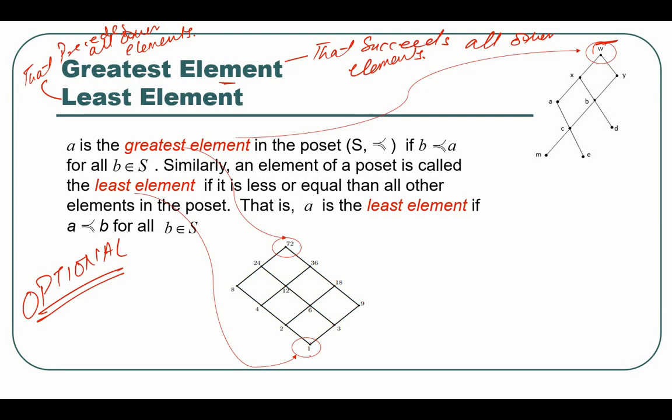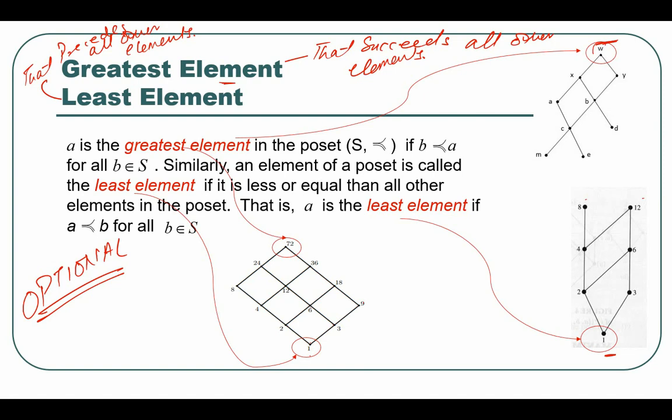A simple thumb rule is, if you have multiple minimal elements, you will not have a least element. Similarly, let's see this case. Here, I can very well see that I have a least element, but out of these two, I cannot say which one is the greatest element. Why? Because I have multiple maximal elements. So, again the thumb rule becomes, if you have multiple maximal elements, you do not have a greatest element. One will be the least element, but I don't have a greatest element over here.